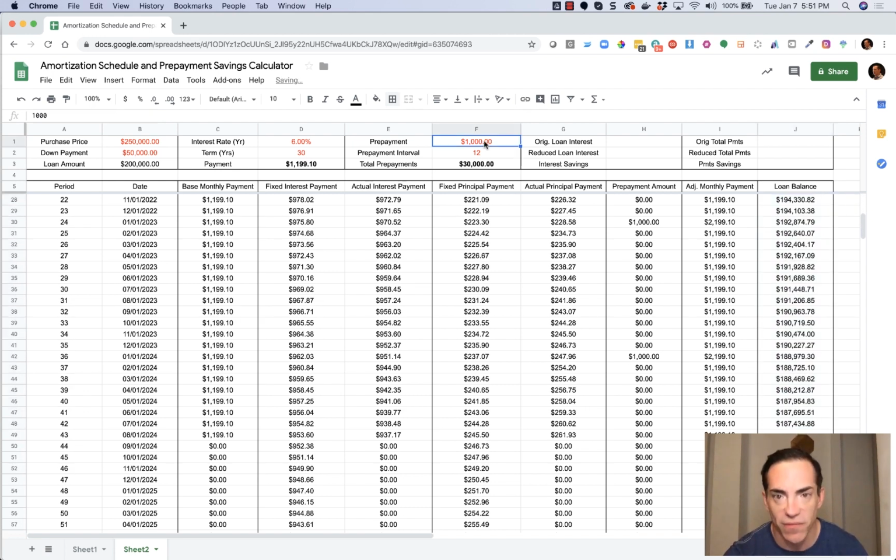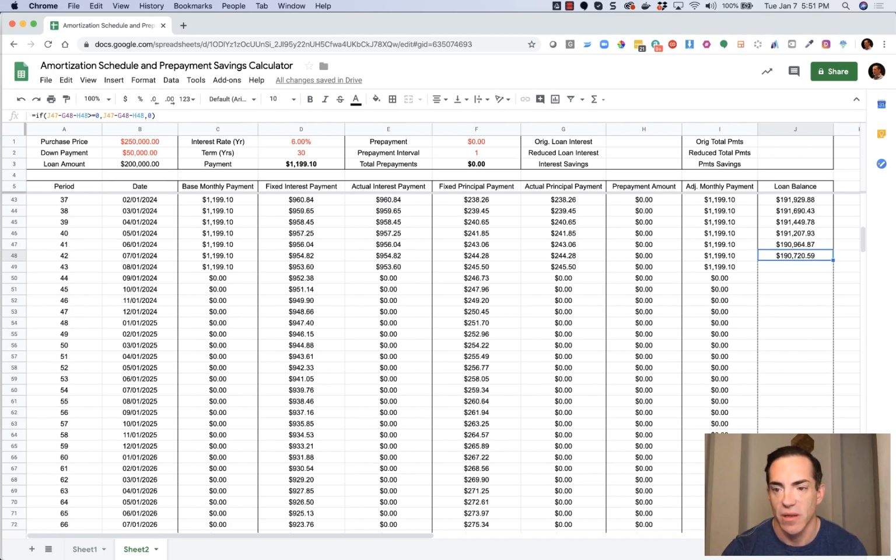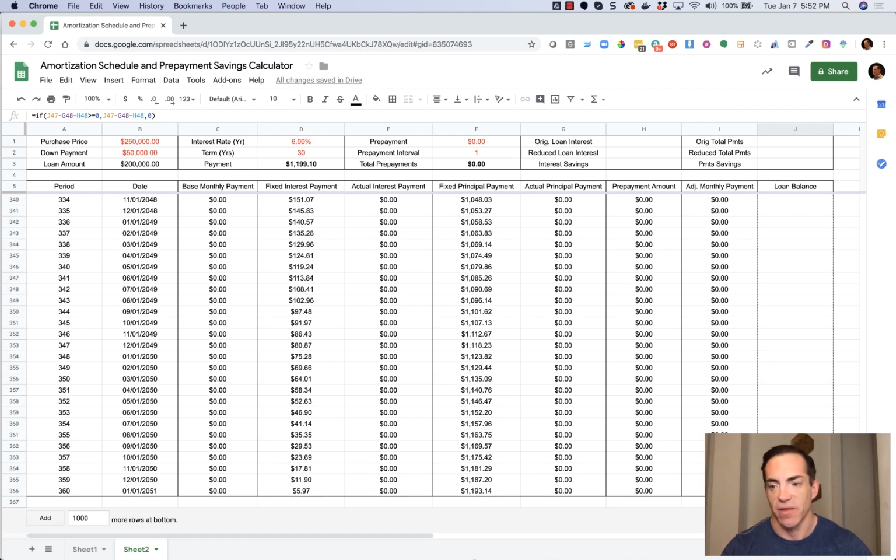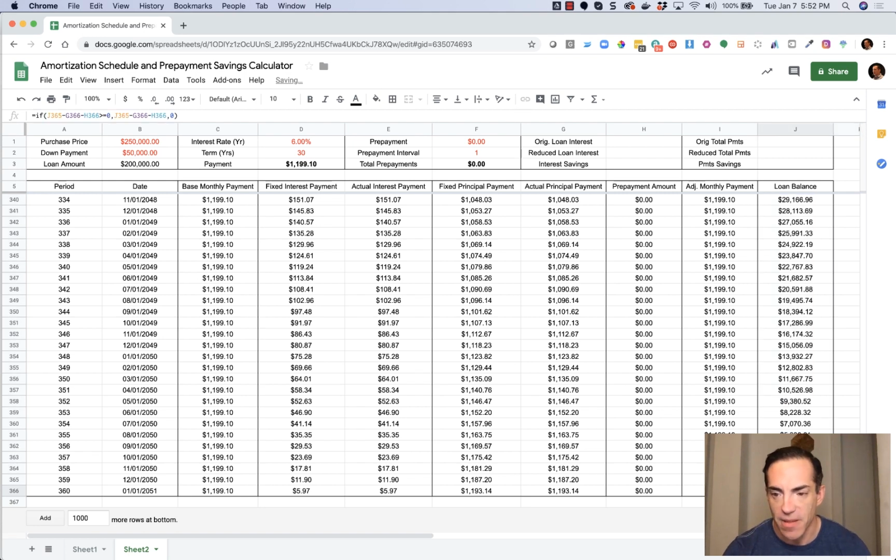Actually, before we get too far on this, I want to set the prepayment to 0 so that we start by populating this with data based on the actual loan as it was originally structured, and then we will be able to test the scenarios for prepayment. And there, as we would expect, if we're not making any prepayments, the loan balance reaches 0 in the final